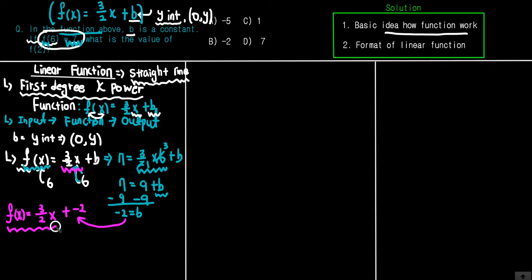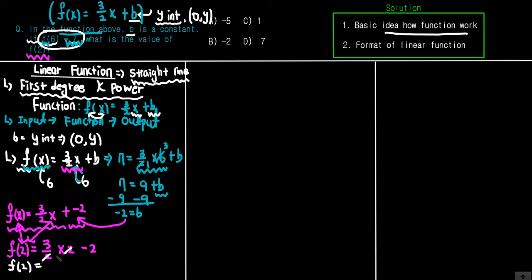So this is our function right over here, and all we have to do is solve for what they asked us, which is f of 2. The f of 2 value means we input the value 2 into the x term, which means we also need to input the value into the term that has an x value, which is going to be 3 over 2 times 2 plus -2. If you simplify this value, we get f of 2 is equal to 3 over 2